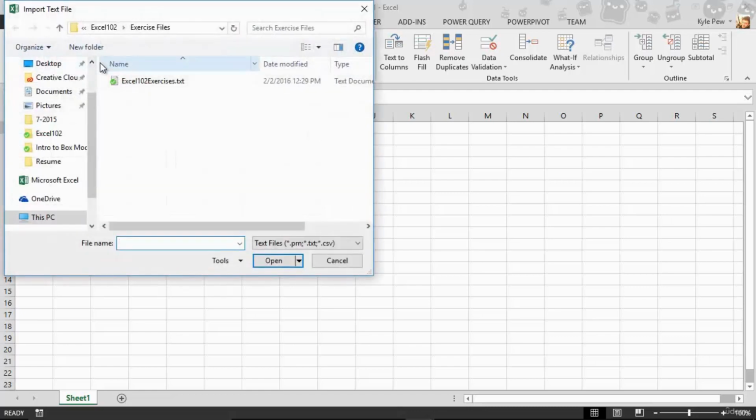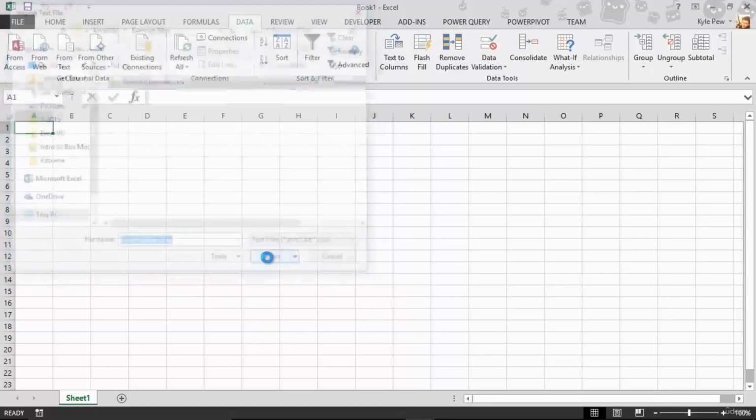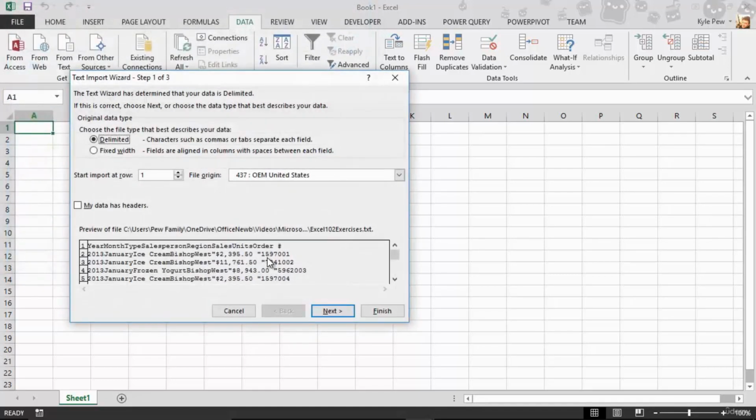This will open up my browse window, and I've been taken right into my exercise files. You'll need to navigate to wherever your text files, your example files are located. But the one that's a part of lecture 2 that you can download so you can practice this is called Excel 102 Exercises, and it's a TXT file. You can see it's a text document. So I'm going to select that one. I'll hit import, and this is going to take me through the text import wizard,